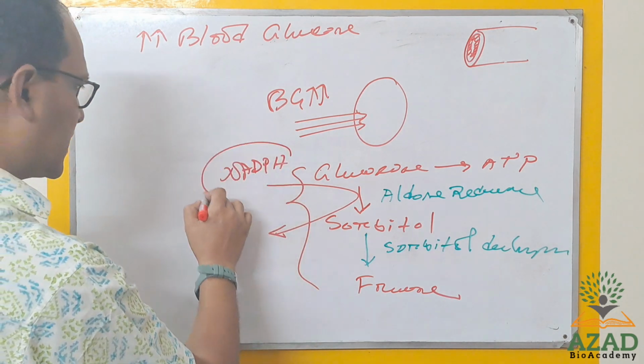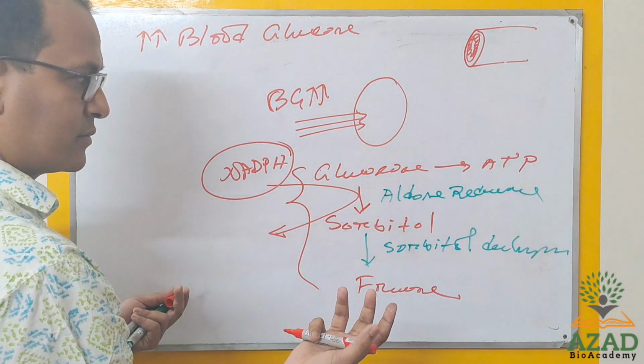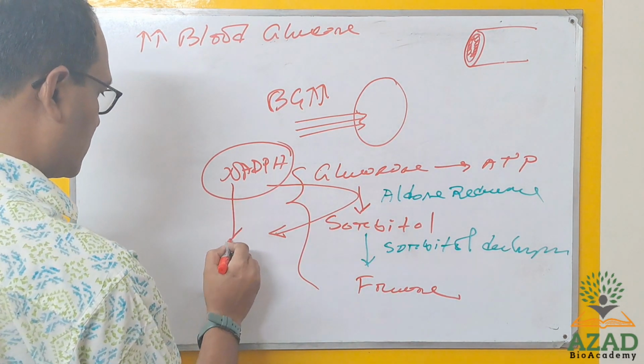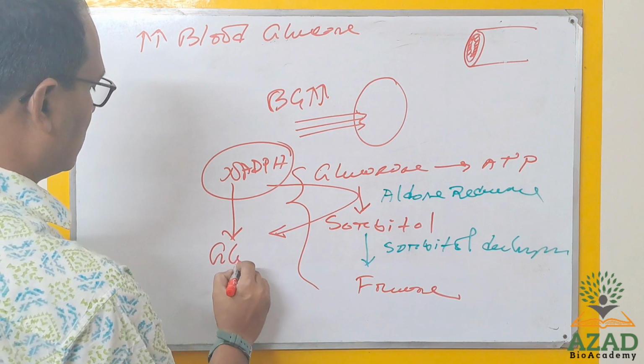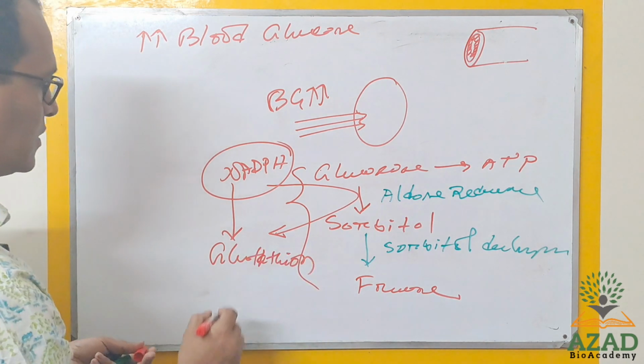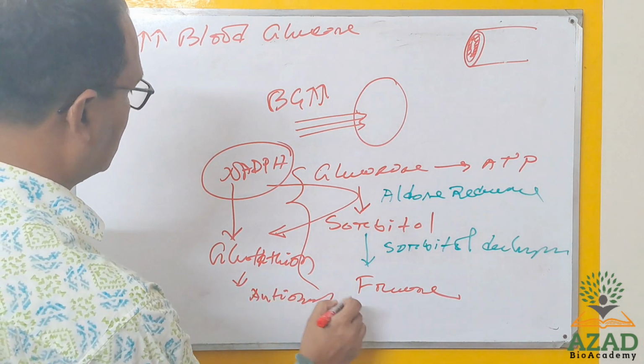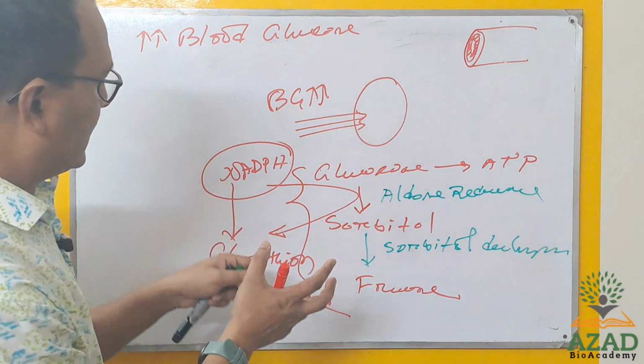That can be called an antioxidant coenzyme, because this one is responsible for producing glutathione. Okay, and glutathione is a strong antioxidant. Okay, so normally